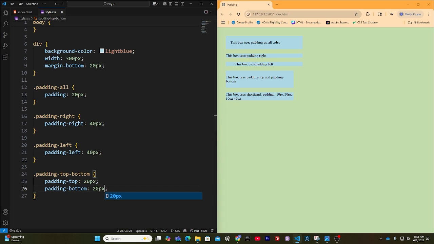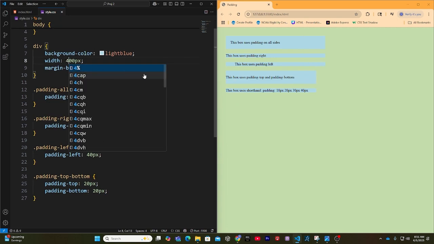As you can see, this one has padding top and bottom right here. We're going to go back to 400 pixels on that, so you can see here there's padding at the top and